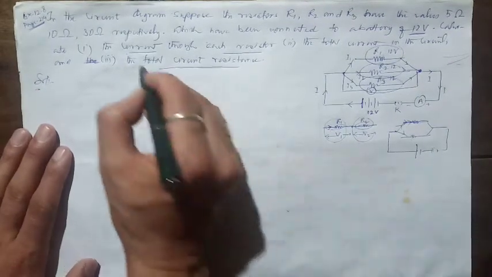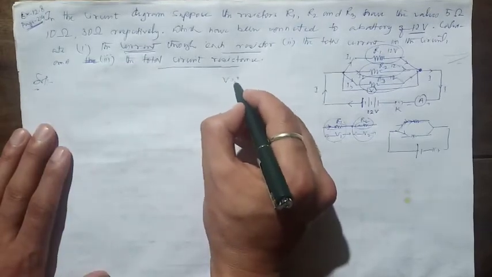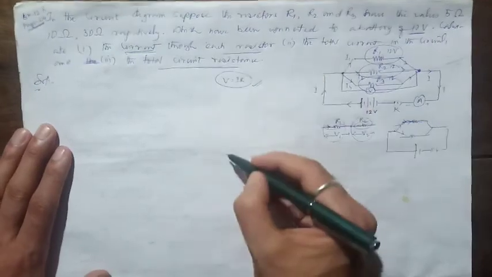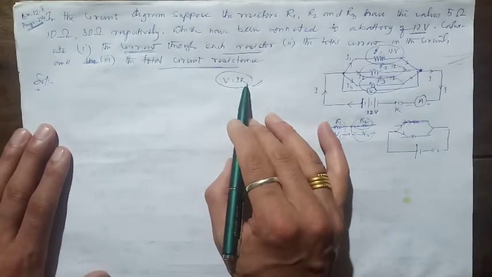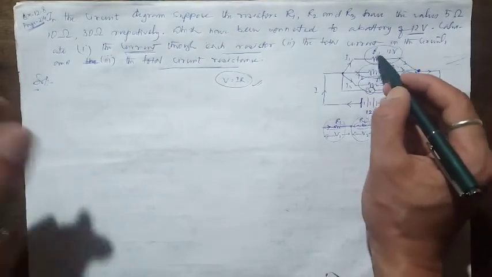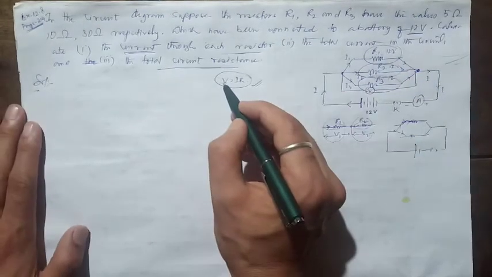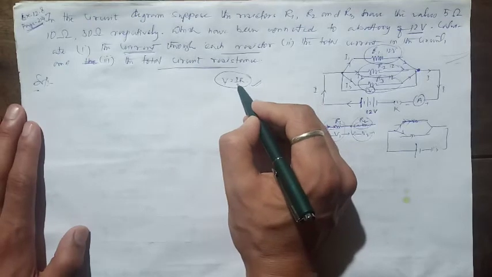Now students, the first part of the question is to calculate the current. We have a formula, V equals IR. Students, this is Ohm's law. To use this equation to calculate the current, we need potential difference and resistance. In this part of the circuit, we have a potential difference across this resistor. We also have a resistance value R1. That means we have both these values. V is known to us, R is known to us. We can determine the amount of current.